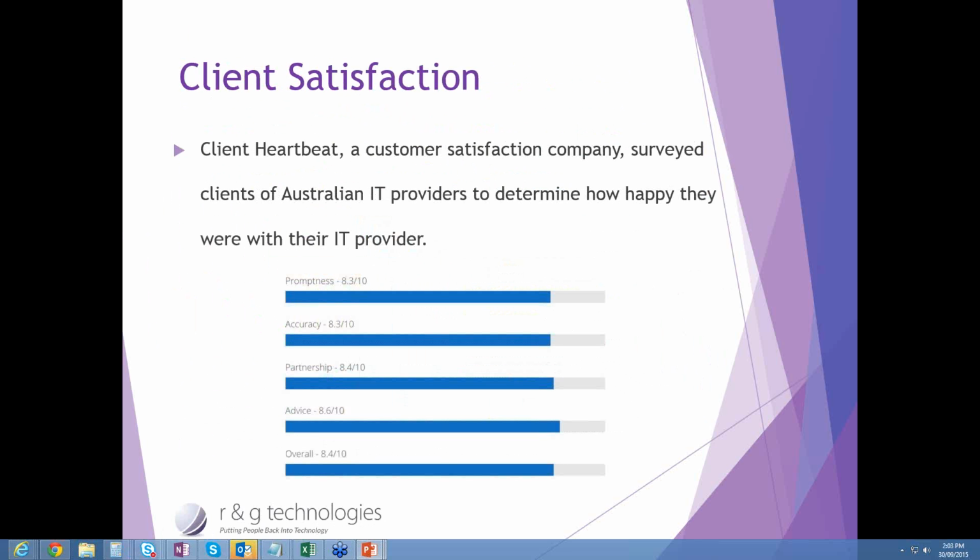The second thing is client satisfaction. The easiest way to determine whether or not you're getting perceived comparable good service in relation to what else is out in the market is to send a survey out to your users and get them to rate it across these key areas. Promptness, which is response times; accuracy, which is attention to detail; partnership, which is a feeling of working together as one organization; and advice, which is obviously about ongoing learning and education. If you send this survey out and ask your staff to rate it out of 10, you're going to get back some results. These are the results for the average of, I think it's about 400 IT providers in